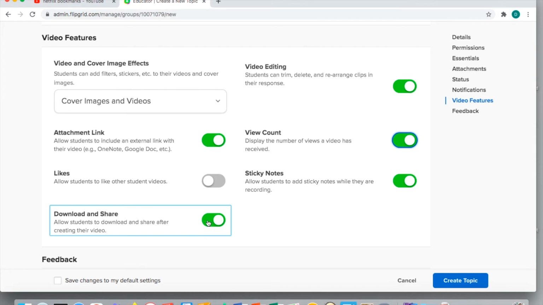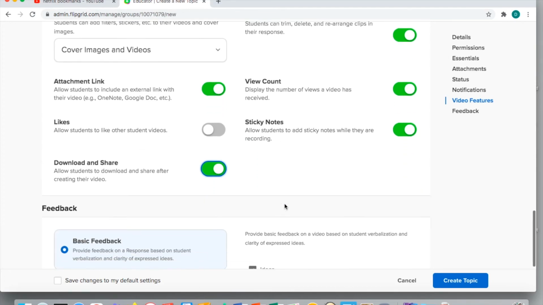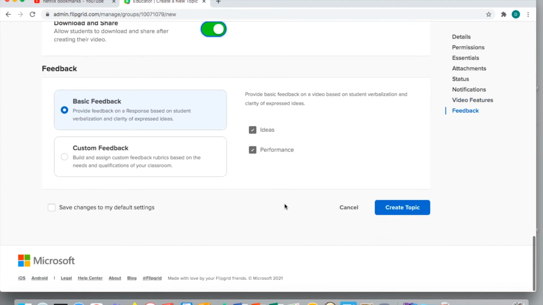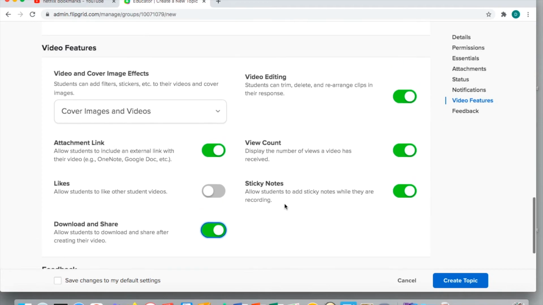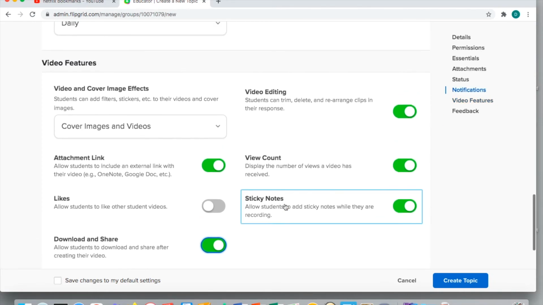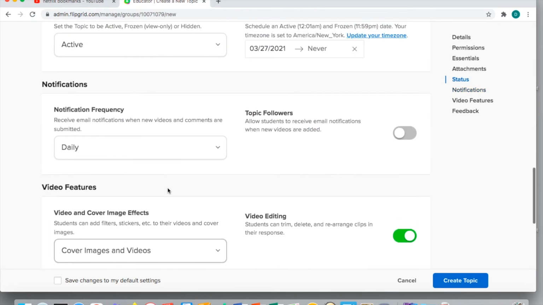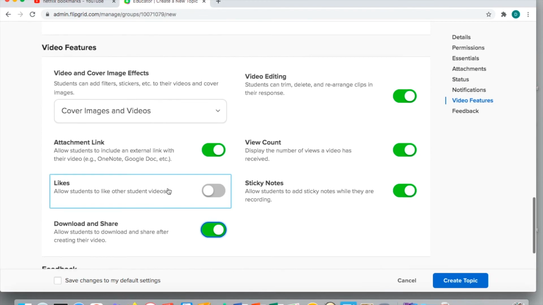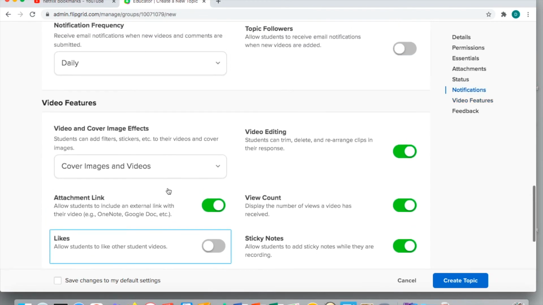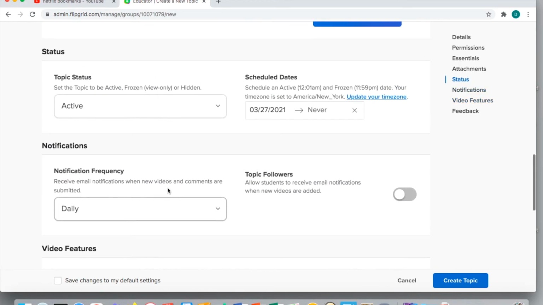And then you can allow for students to download or share after they've done it, right? So you can click on all those different things, turn those on and off as you need, just to make sure that you are protecting everybody, making sure that it's appropriate, right? Students can edit, you want them to be able to edit, right? All this stuff. So fantastic features, definitely a great way to also make sure that everyone stays safe, right? Monitoring exactly what it is your students are doing.